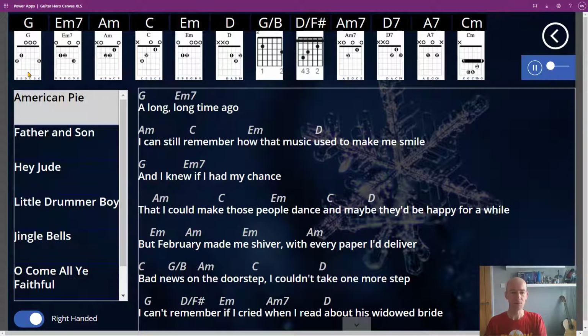A long, long time ago, I can still remember how the music used to make me